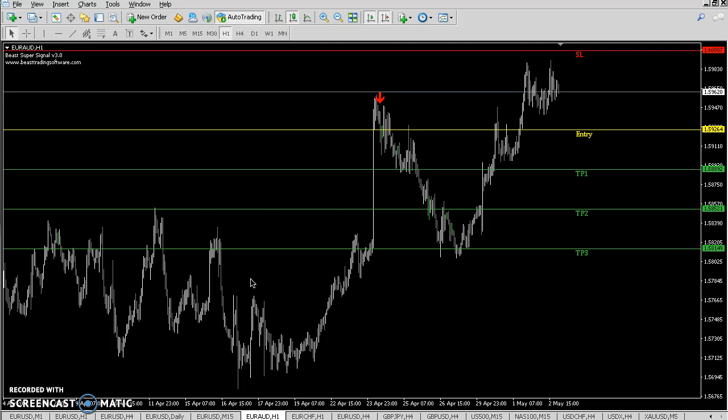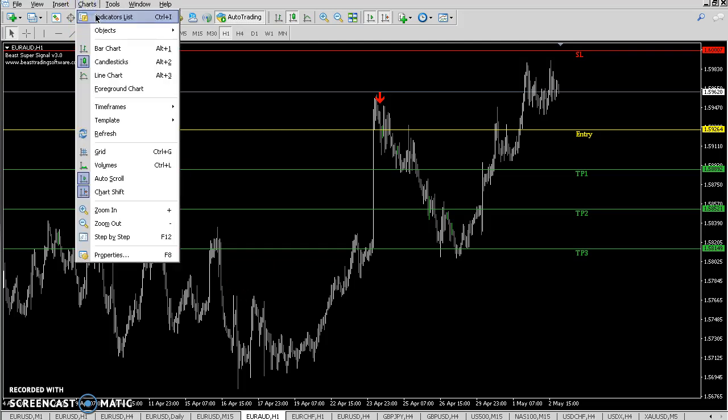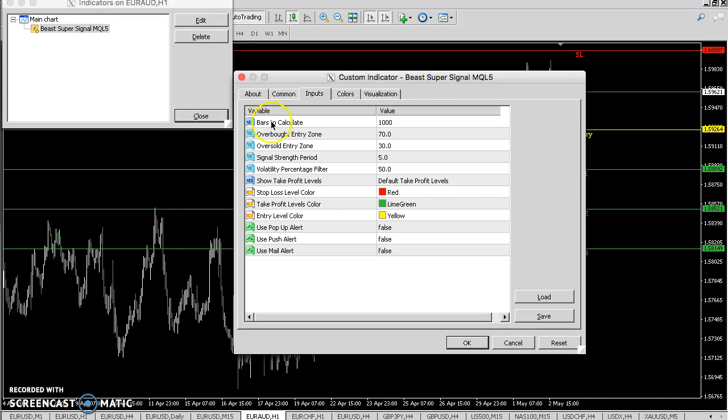All right, once we've got all that past, first of all, I'm just going to go into the settings. I want to show you some of the changes that have been made compared to the previous version. So going straight into the settings, you will see some changes if you have seen the previous version's settings. Some things are still the same. We have bars to calculate. This is just to tell the indicator how many bars back you want it to calculate. The more bars that you set, the longer the indicator will take to calculate. So anywhere between 500 to 1,000 is generally quite good, and will keep the indicator at a good speed to